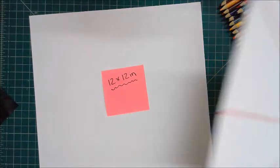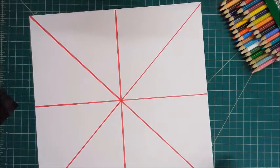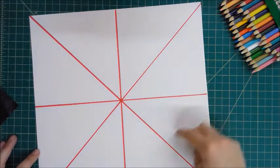Here, nerds, we are going to be walking through a project that goes through balance and also contrast. What you're going to need to get started is a 12 by 12 inch piece of white drawing paper. Cardstock works fine as well. Anyways, you are going to end up folding it into a bunch of sections, okay? The reason this talks about balance is specifically radial symmetry, and we're going to be dividing up